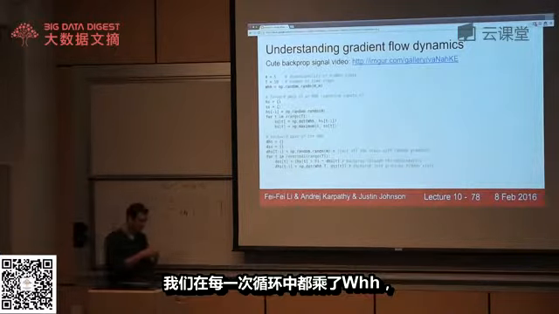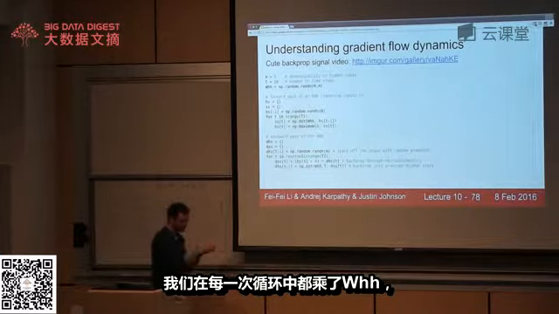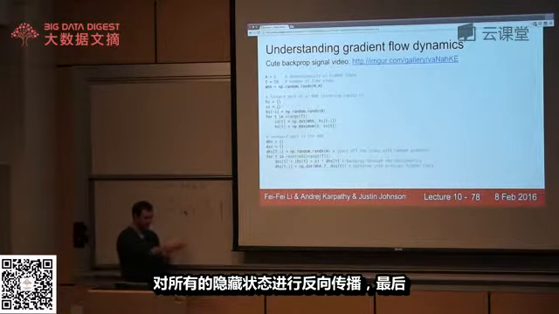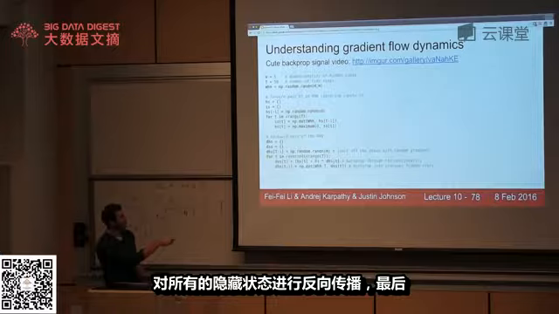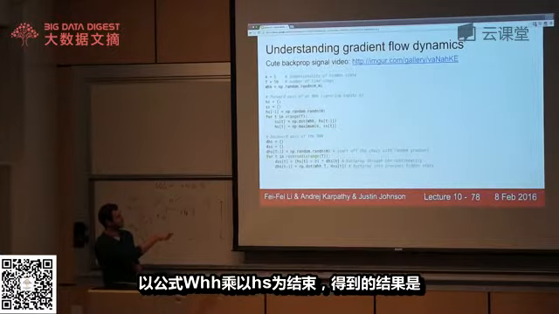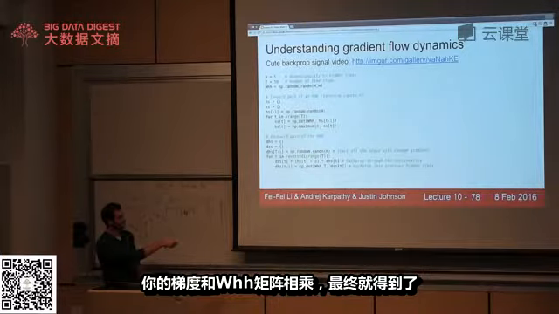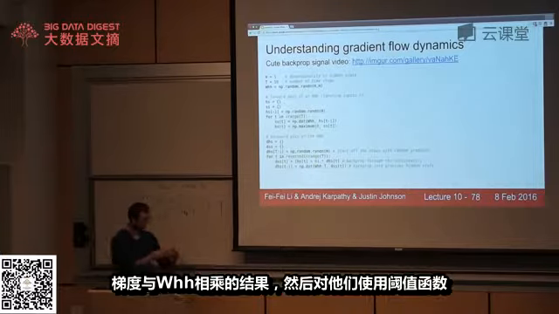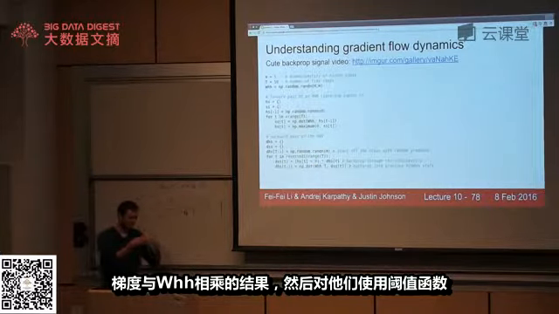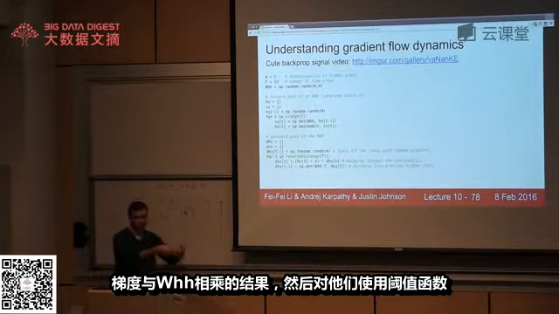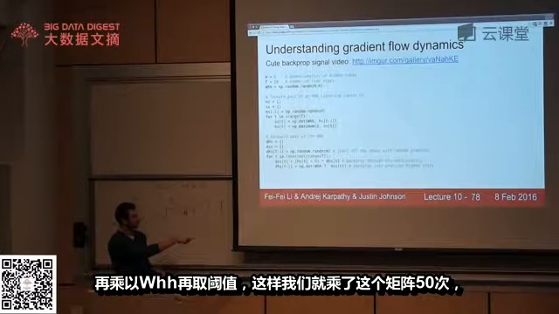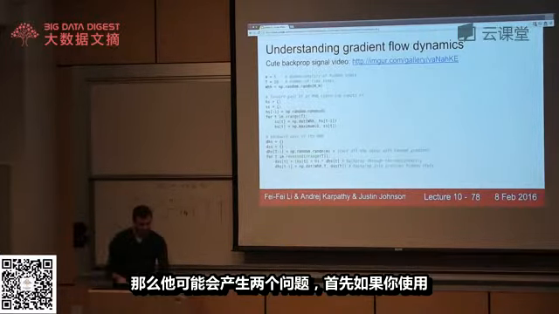Because in the forward pass, we multiply by WHH at every single iteration. When we backpropagate through all the hidden states, we end up backpropagating this formula WHH times H. And the backprop turns out to be that you take your gradient signal and you multiply it by the WHH matrix. The gradient gets multiplied by WHH, then thresholded, then multiplied by WHH, thresholded. And so we end up multiplying by this matrix WHH 50 times. And so the issue with this is that the gradient signal